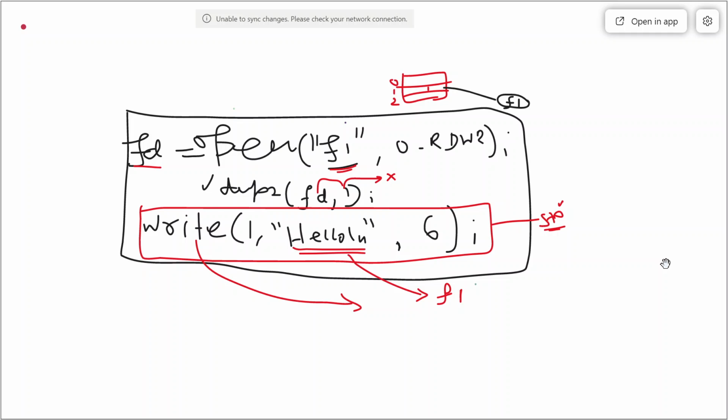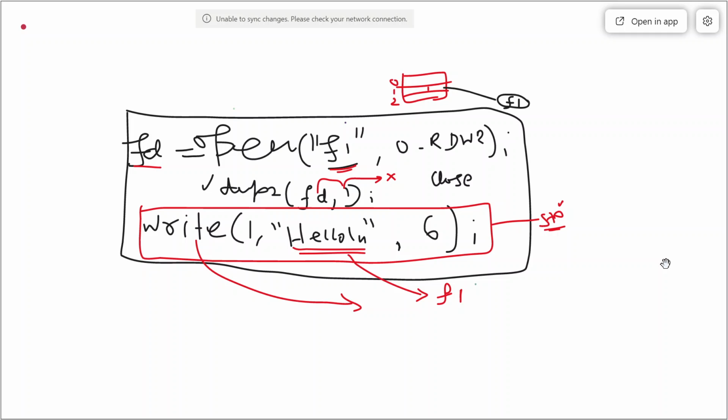If we close the F1 file that we currently shifted, can there be a file descriptor without standard output now? That may be possible. Yes. Let's say close 1.